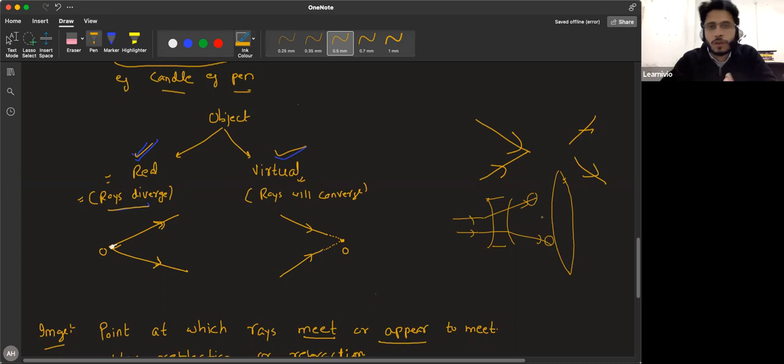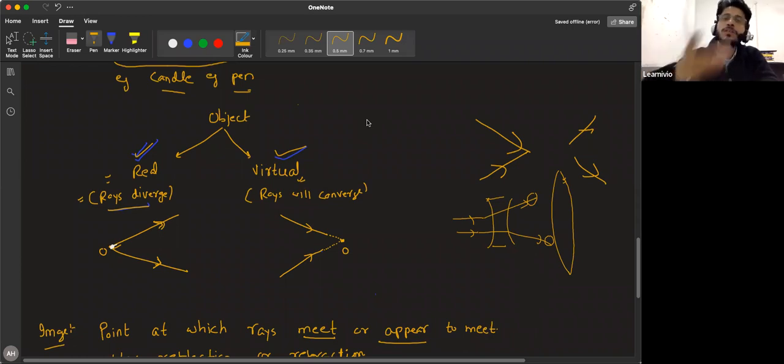So if you have, let's say, a lens, the image of that lens is a virtual image. And that image is acting as an object for another lens. For that other lens, that image is a virtual object. Okay, sir. So there is no physical object which I can say is a virtual object. It's always the image of something. We know that a convex lens forms a real image, but a concave lens forms a virtual image. So if the image of a concave lens acts as an object for any other lens,